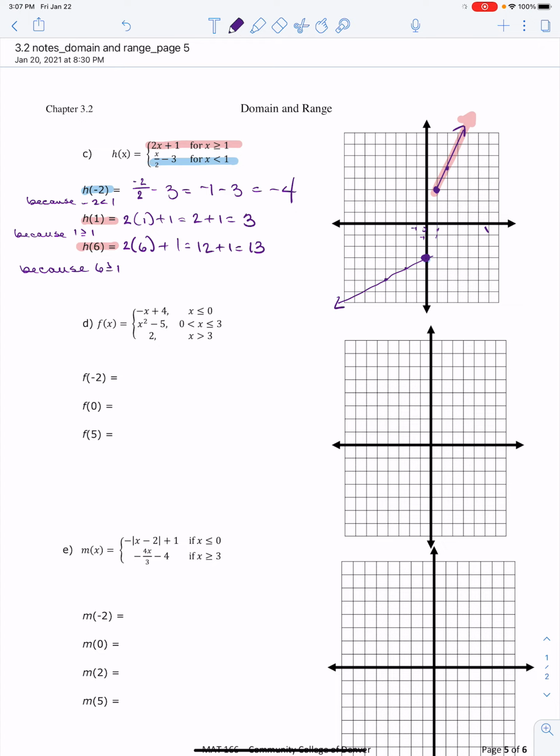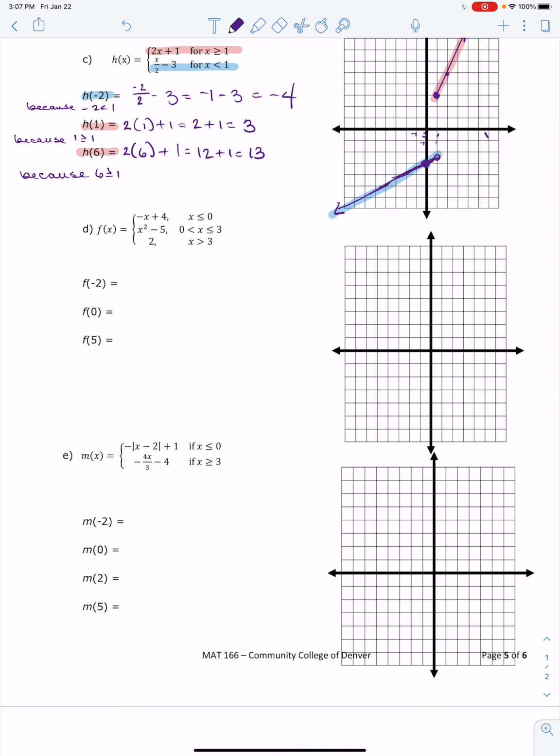I'm going to stick my open circle at 1 and draw my line in here. And that is the blue part of the graph. Notice that if I were to draw a vertical line at x equals 1, there's only one value, that's 3. It doesn't actually hit 1, negative 2.5. Okay,